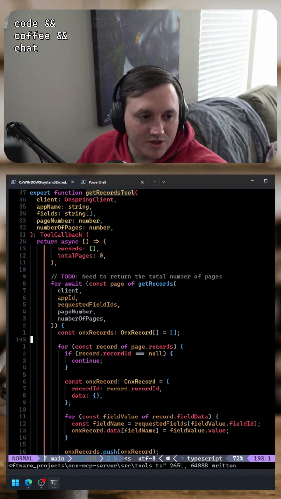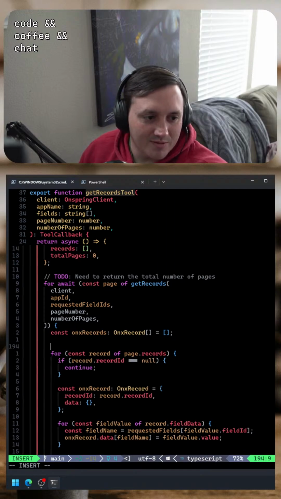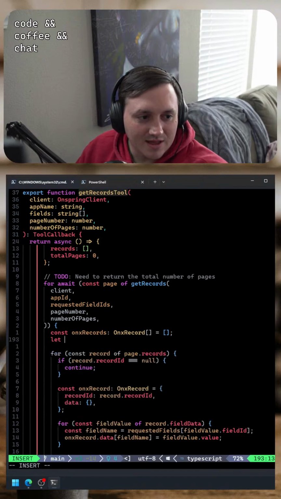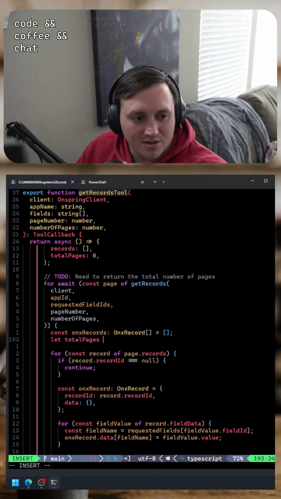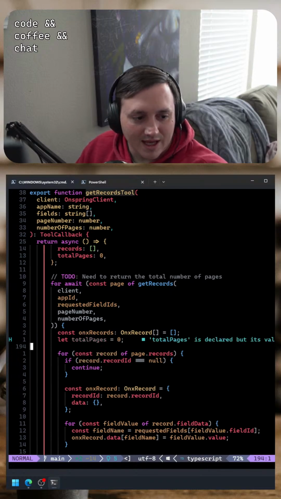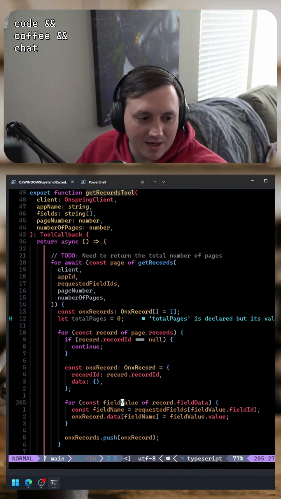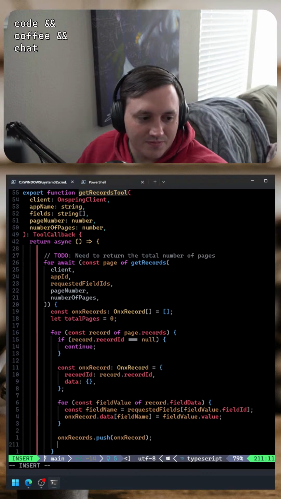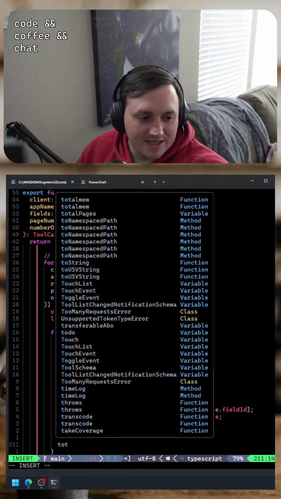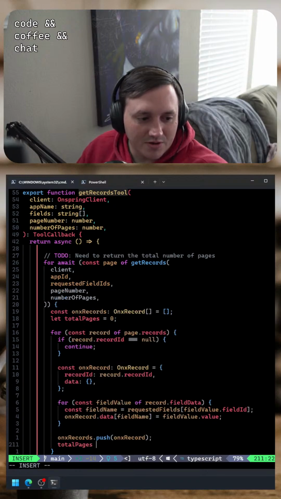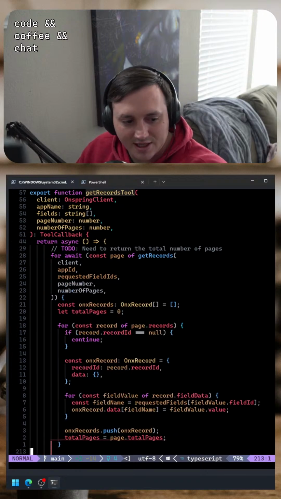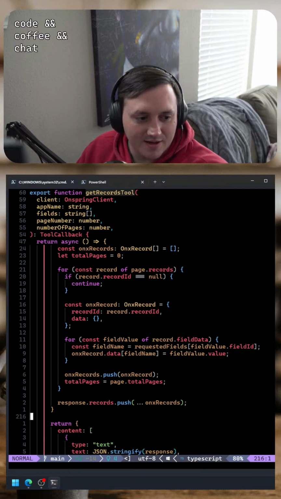Well, I guess what we should be able to do is have a local variable here. We can say let total pages equal 0 like that. And then each time we iterate, I know this is kind of dumb, we will just set that local variable. So the last iteration should always end up in this variable. I know, it's not elegant. It's kind of dumb. I get it.